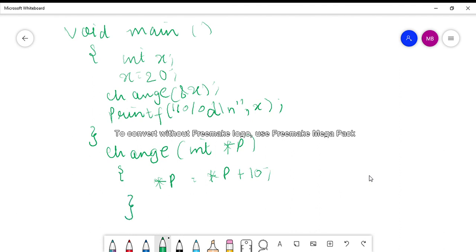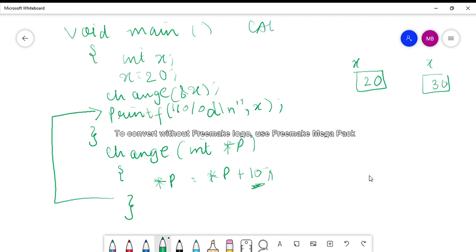You will see that earlier the value of x was 20, but after you call the function and the return goes back to the program, that means when you execute this statement, the value of x will be 30 now, that is plus 10. This is because we used pointers, or we used call by reference, or call by address, because we are passing the address.